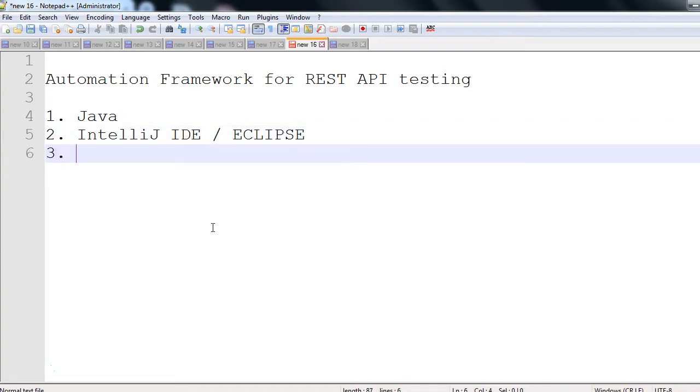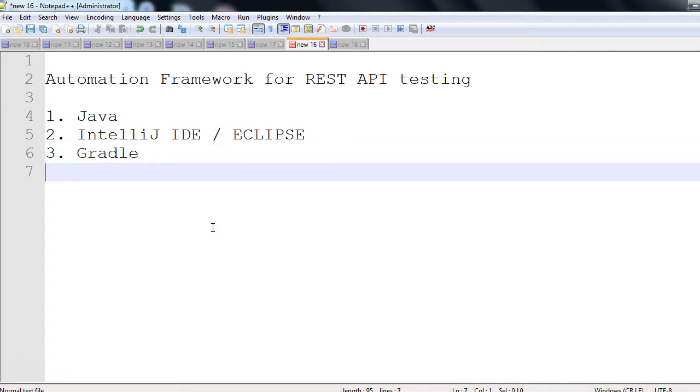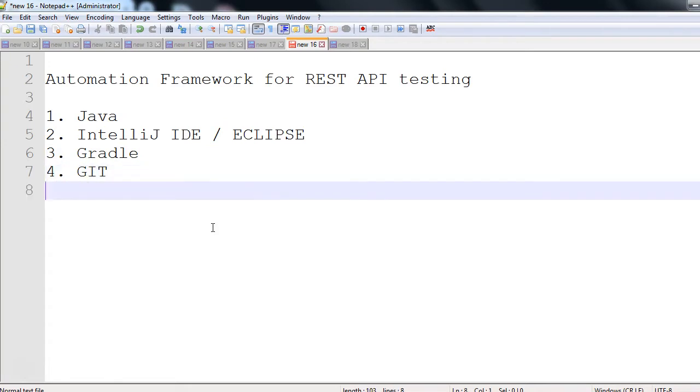Next thing I would need for creating the automation framework for REST assured API testing is Gradle. Another thing which I would need is Git. I would also need Bitbucket